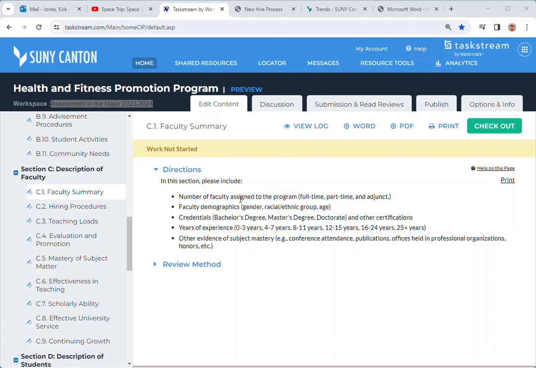You'll notice the first thing that they're asking for here is the faculty summary, and they're looking for the number of faculty assigned to the program, credentials, years of experience. Those three variables are the most important ones, and they can easily be captured with a CV from the faculty within the program. Now, the most kosher way to approach this is to ask the faculty for their CVs for the